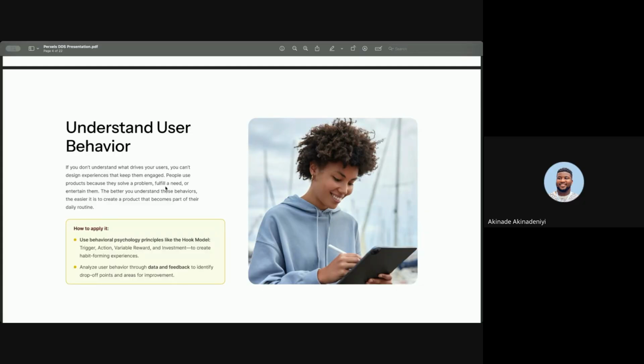Another point is to also analyze user behavior through data and feedback, and also identify drop-off points and areas of improvement. So what you want to do is set up a system where you can gather data and get feedback from people. I'll give you an instance. We thank God we're designers.